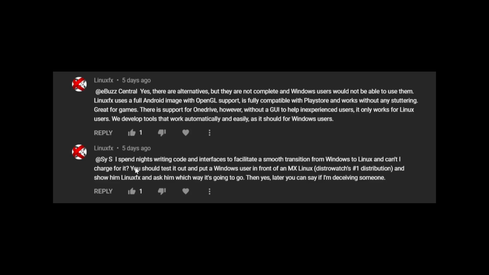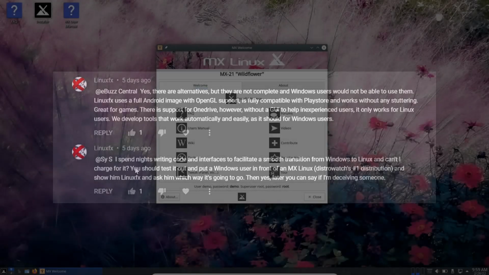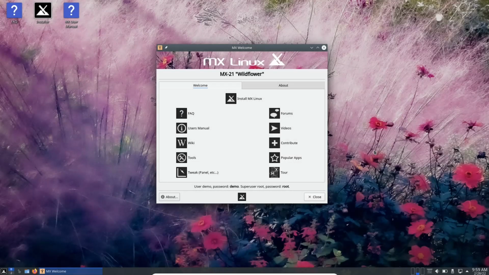I'm going to open up MX Linux. So if there's Windows users out there that haven't seen MX Linux before, I'm going to show it to you. So let's zip on over to that desktop. And this is MX Linux. You're a Windows user. You've never touched Linux before. So you decide to download MX Linux, throw it on a USB, or maybe even try it in a virtual machine. You boot into it, and here you are.